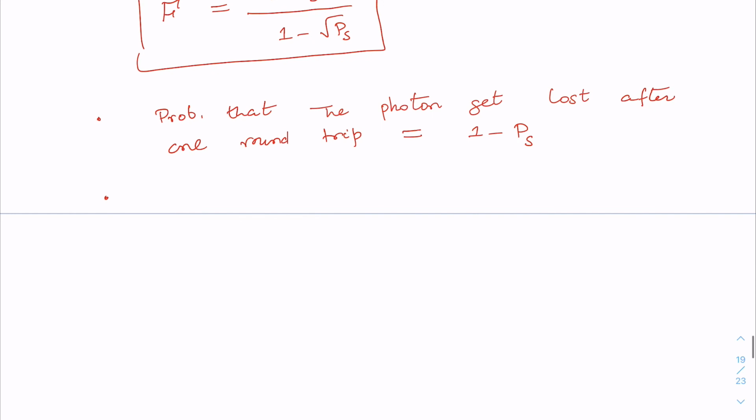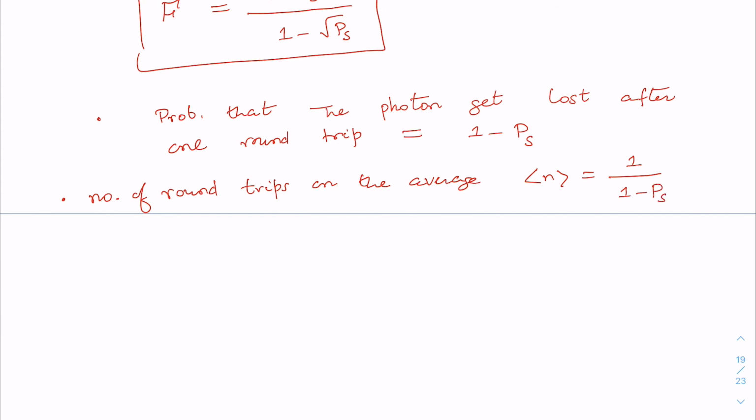So on the average, the number of round trips for the photon would be 1 divided by 1 minus PS. Okay, now